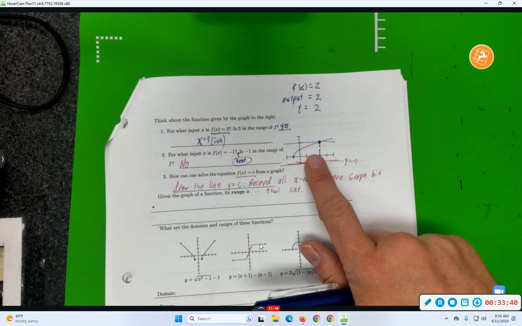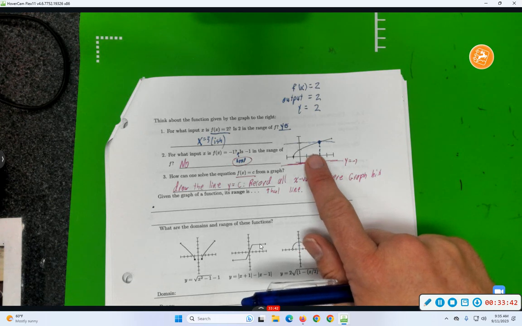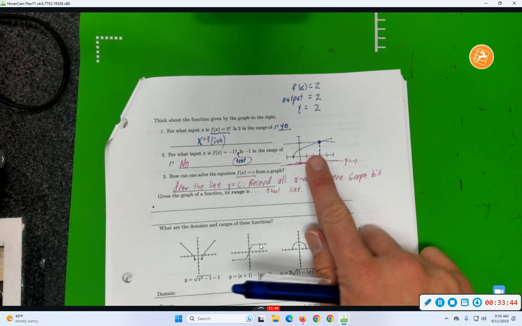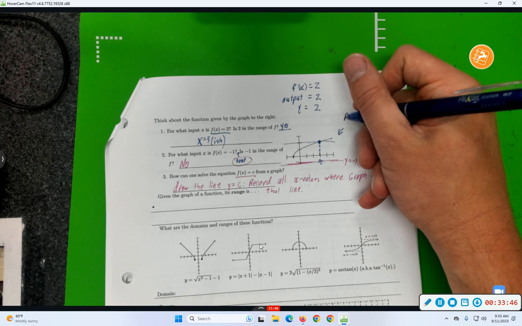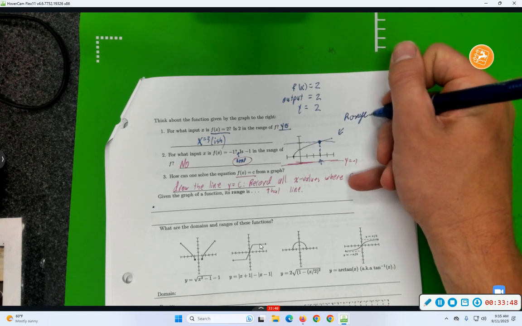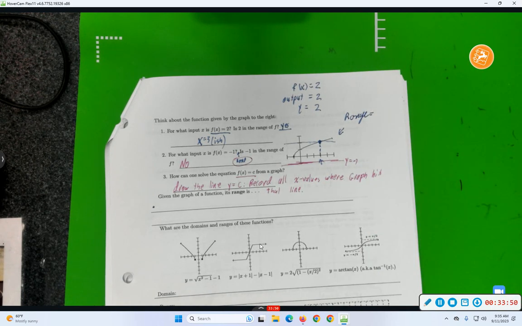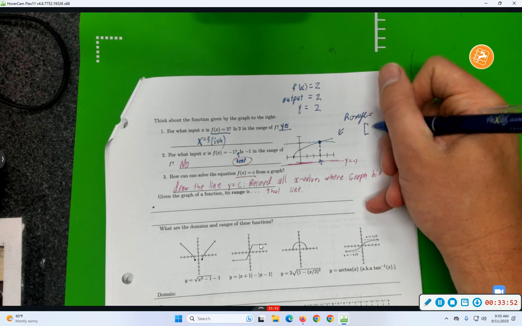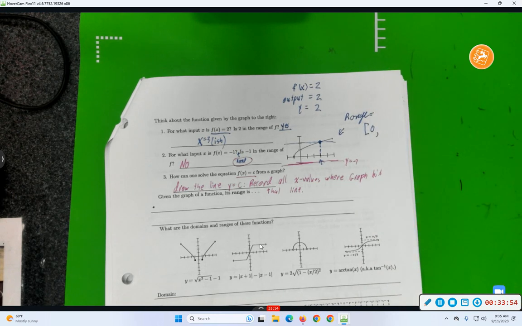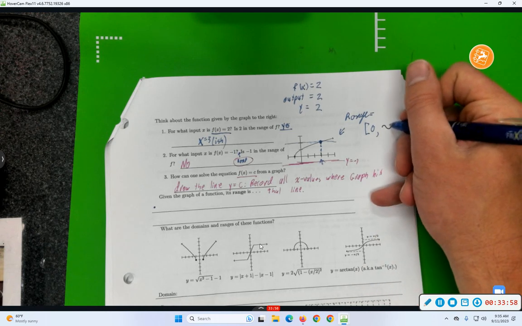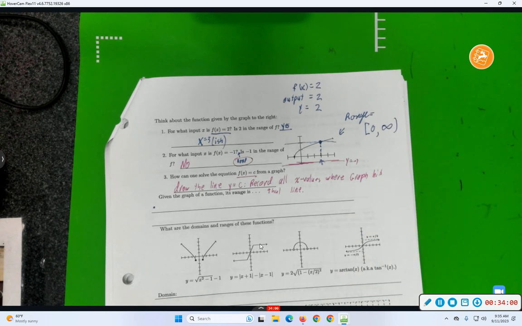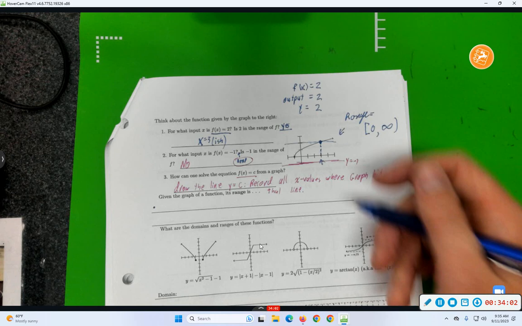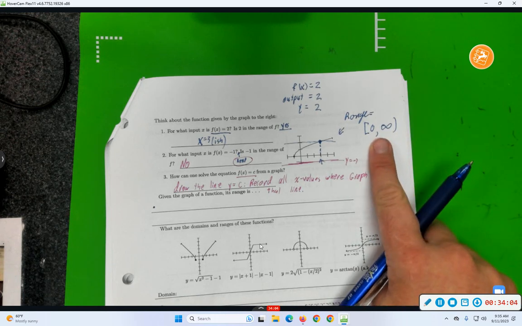If there's the graph of a function, what's the range of that function? Yeah, let's check that. So what this says is leave out anything that's negative, but then include 0 in the